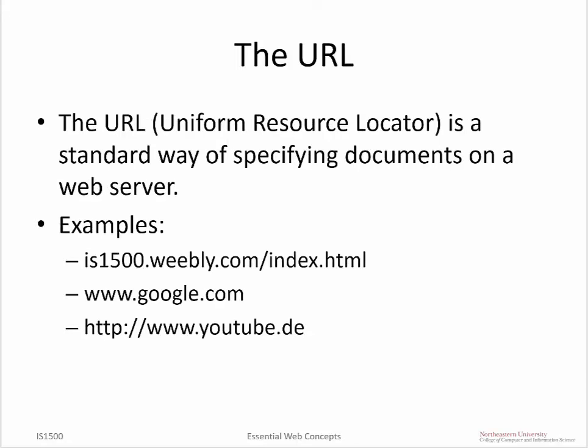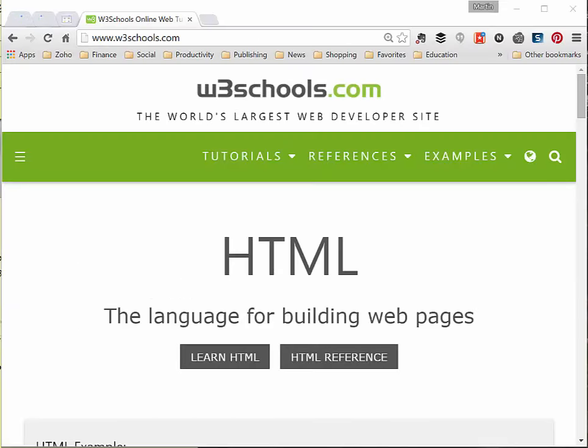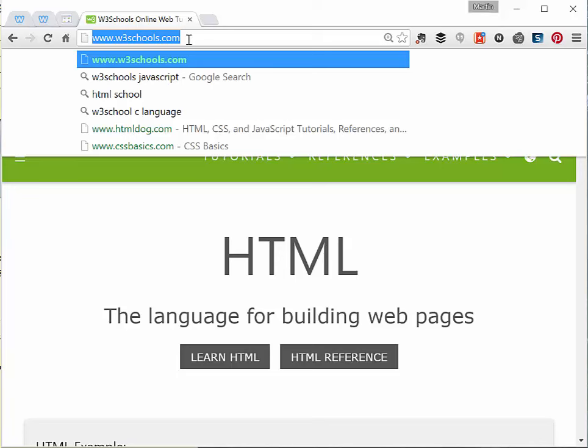Now, one of the key concepts in being able to retrieve a document from a server is the URL. So let's take a closer look at this with an example. All right, so here I've launched Google Chrome, and I'm typing into the address field a URL. Now, typically the URL looks something like www dot the name of some company or website dot some top-level domain, commonly COM, which stands for commercial or company. So, for example, if I type in